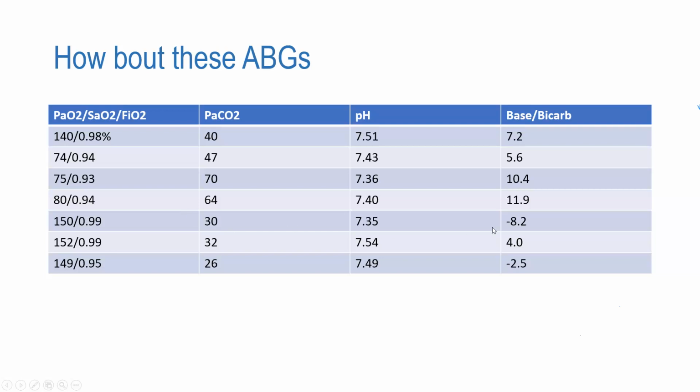Go over here. Your base is negative 8.2. Your bicarb is 16. Base and bicarb are down, so metabolic acid is, you can't see the metabolic acid, memorize this, Mallory. Bicarb and base go down, metabolic acid is always up. Metabolic acid is up and the pH is down. The cause of the problem is,